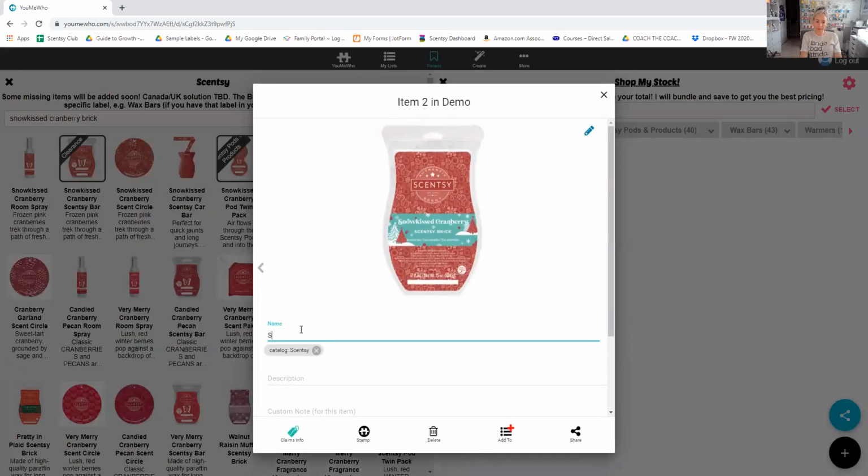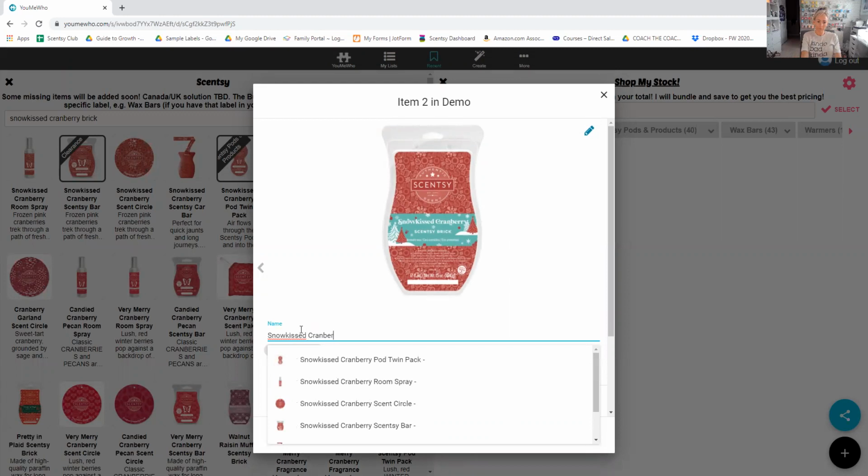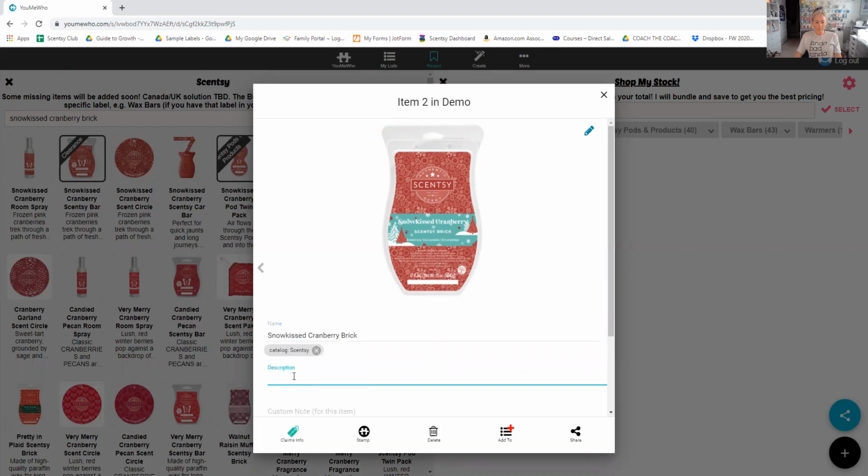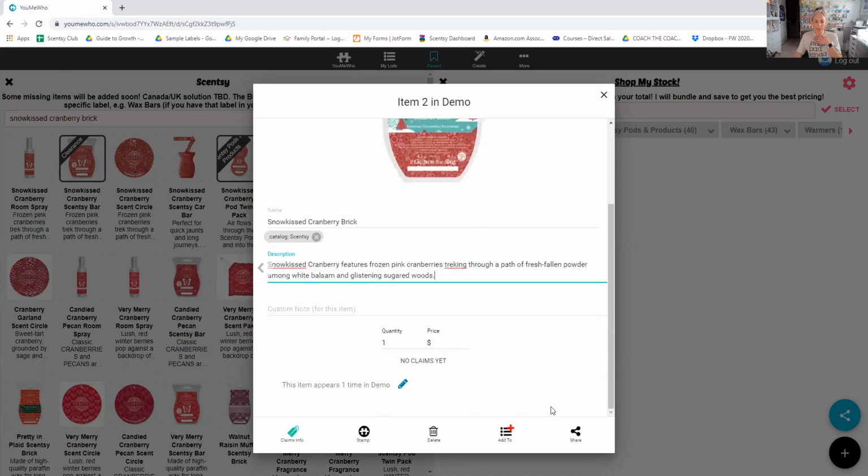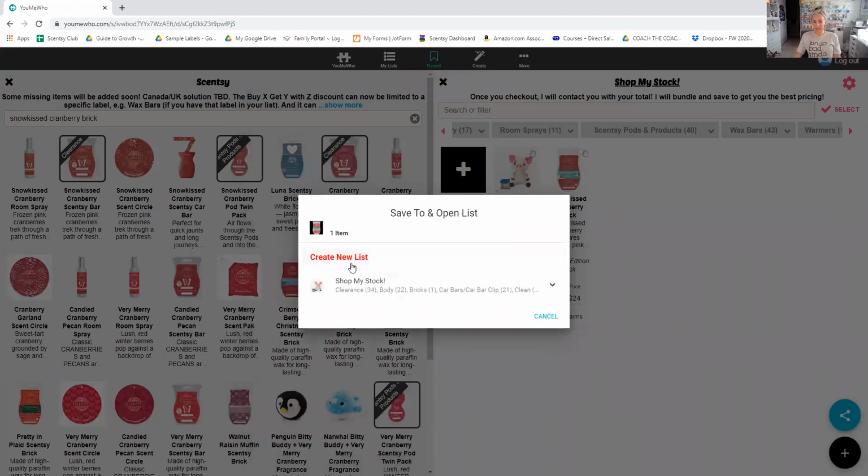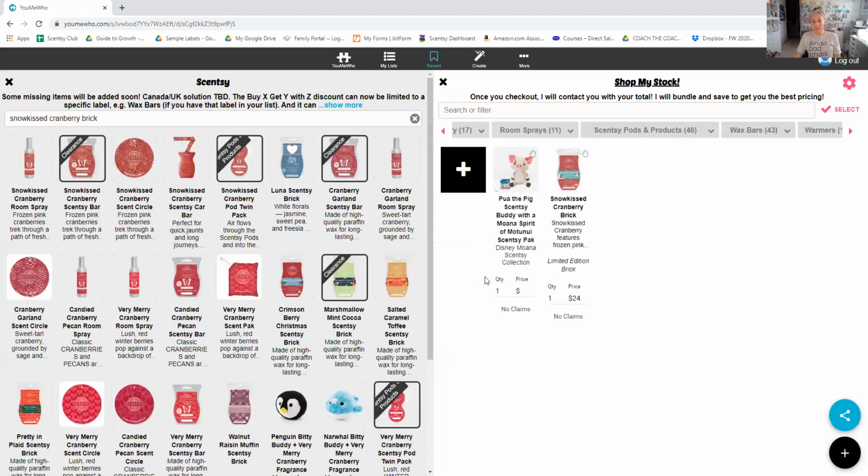And then I'm going to come name it. I'm going to copy in that description. Quantity is 1, price 24. If you wanted to put a custom note, you could say limited edition brick. Okay. Now you could add it to a different list if you wanted to, but this is how I do